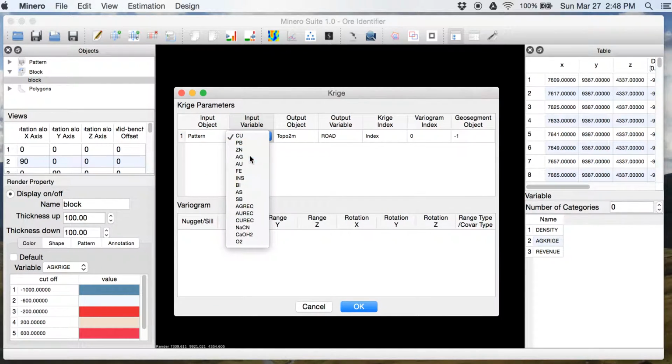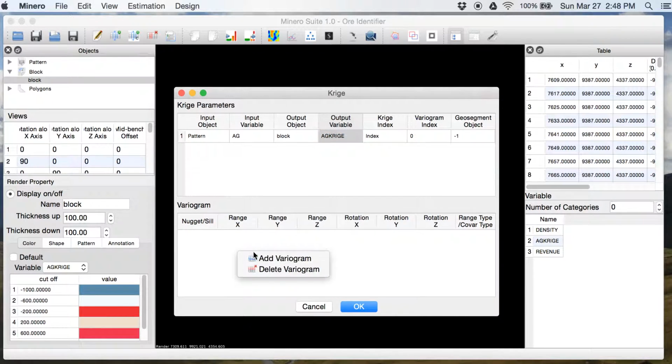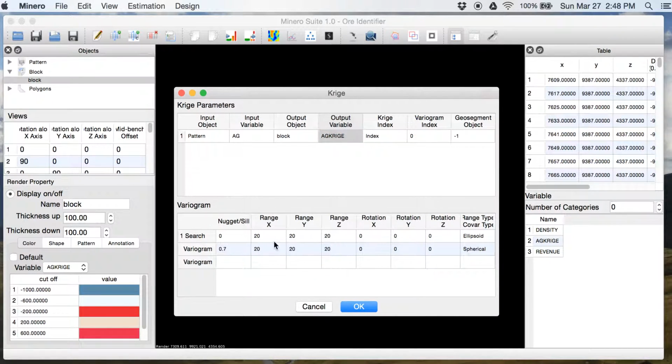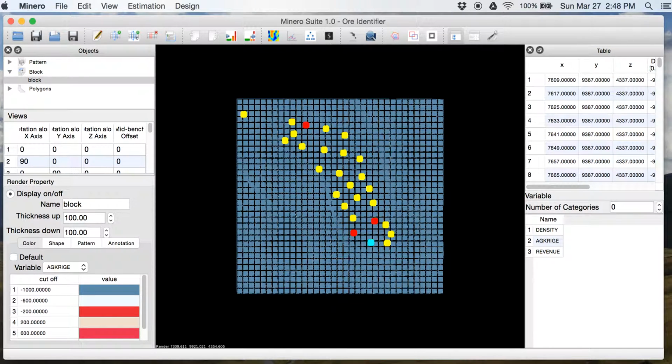The original data is silver. The block AG krig is the output variable. The variogram that we will be using is 20 by 20 by, let's put it 20. Yes, the standard set of parameters. Let's do it. It's done.